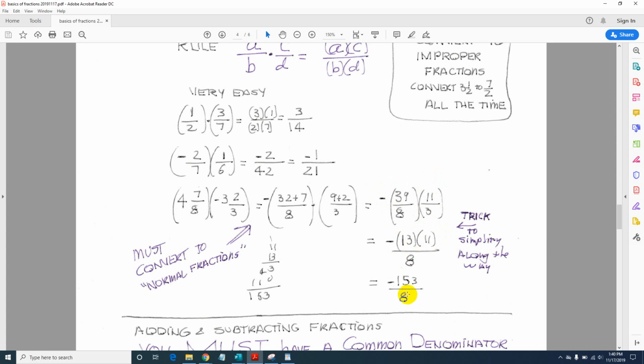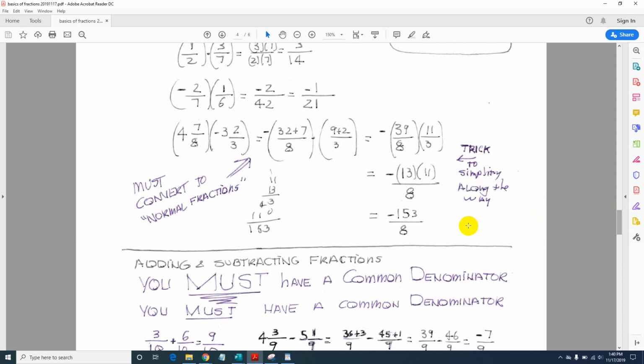And then you can do that, and you get 153 over 8. Does not look like you could simplify this anymore. You may have to leave this as a mixed number. I didn't do that. Not sure, but certainly 153 over 8 is an answer. If the teacher wants you to convert it to a mixed number, then you would, let's see, 20